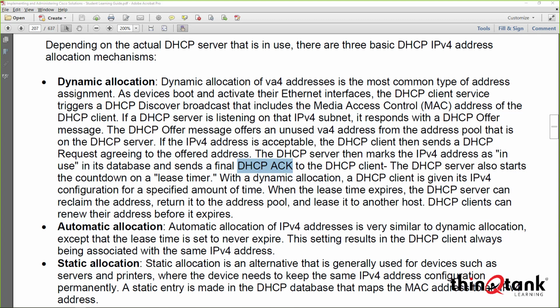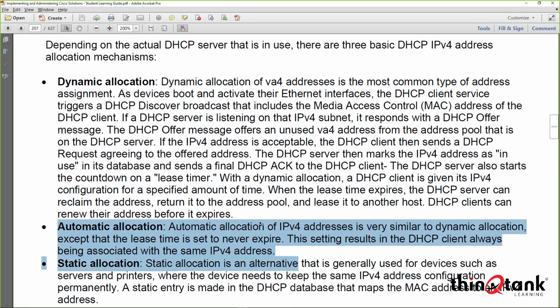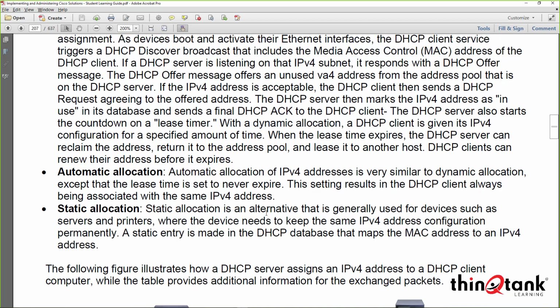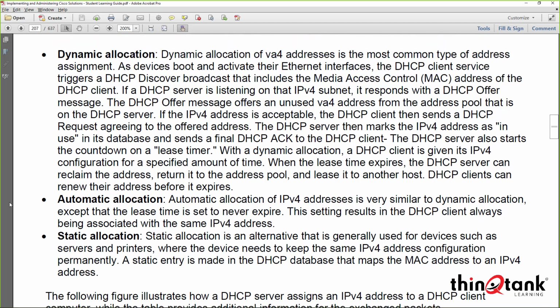We usually will go back and renew prior to that. The other is automatic allocation. Automatic allocation is basically exactly the same as dynamic. We're allocating an address from a pool, but there's no lease time, which means that that address, once it gets assigned to you based on your client ID information, which is typically related to your MAC address, the next time you come around and you do another DHCP Discover, I have a database that says, oh, you're supposed to get